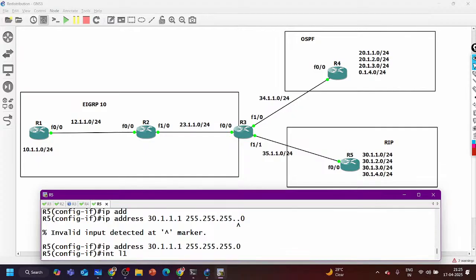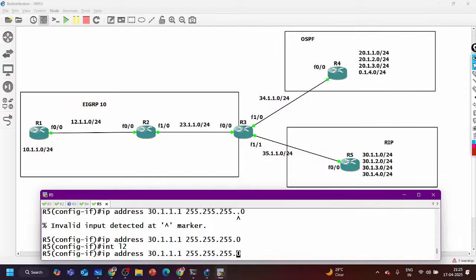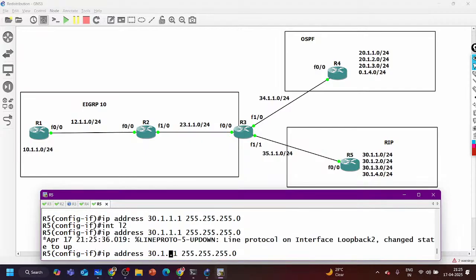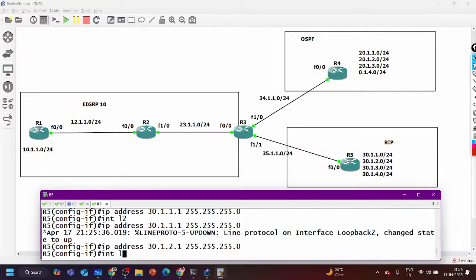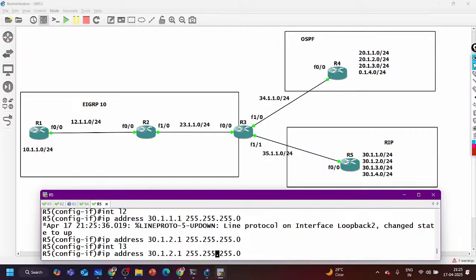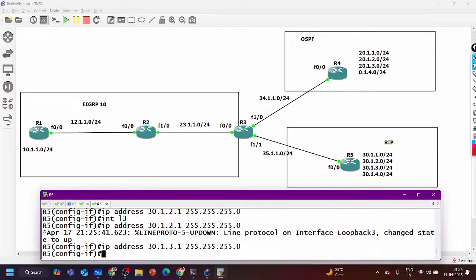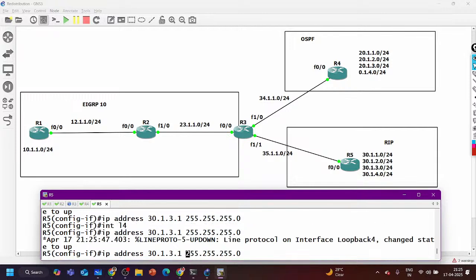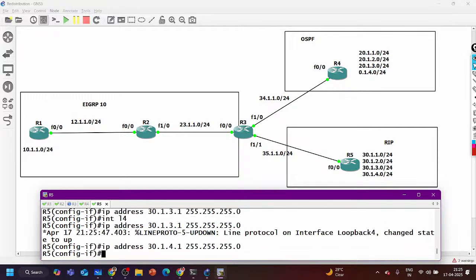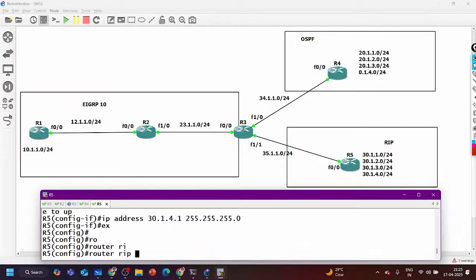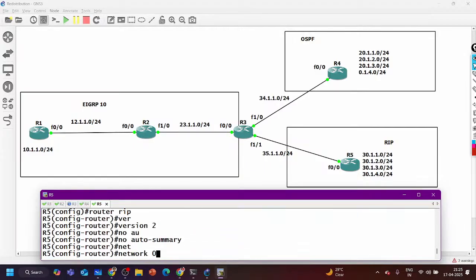Interface loopback 2, IP address is 30.1.2.1. Interface loopback 3, and IP address is 30.1.3.1. Loopback 4, IP address is 30.1.4.1. And let me enable the RIP version 2. Router RIP version 2, say no auto summary, and network 0.0.0.0. I have enabled the RIP routing protocol on all the interfaces.